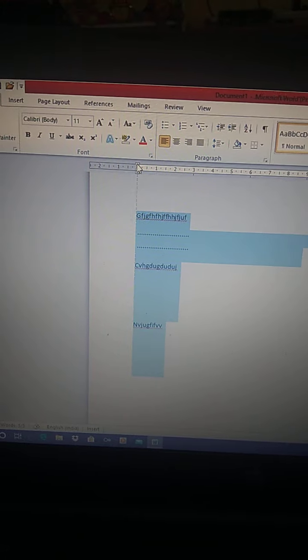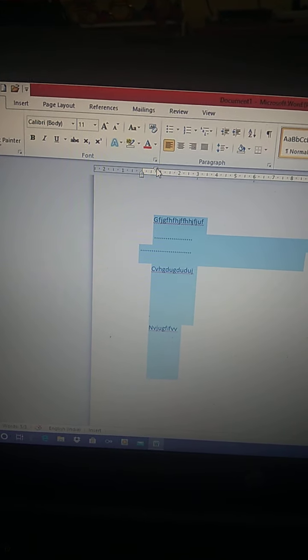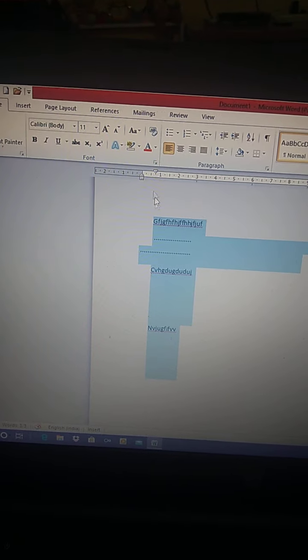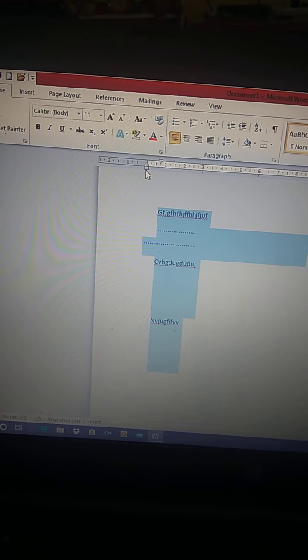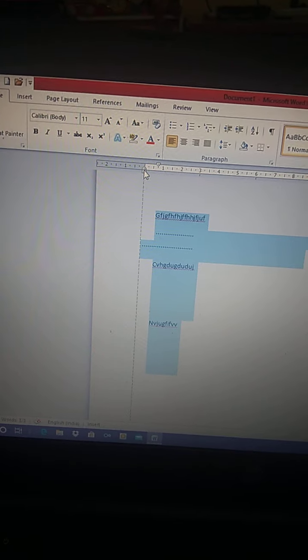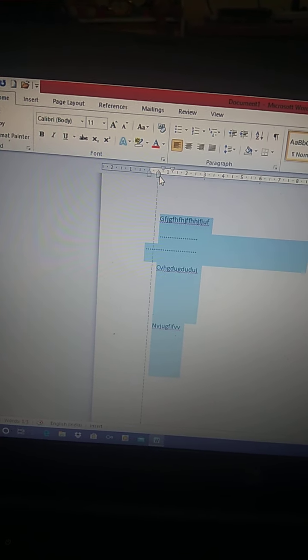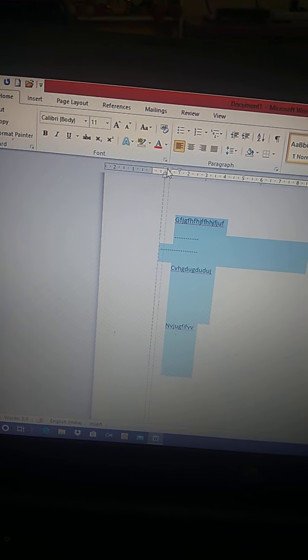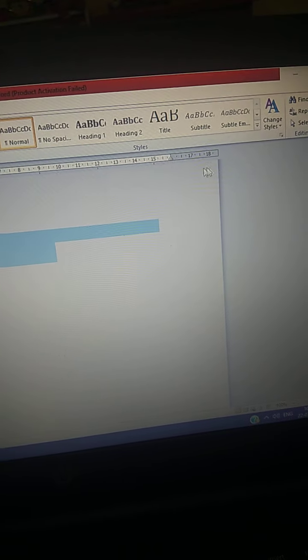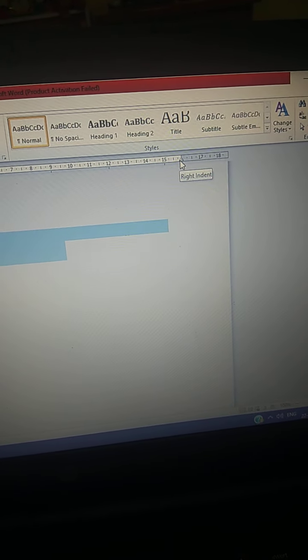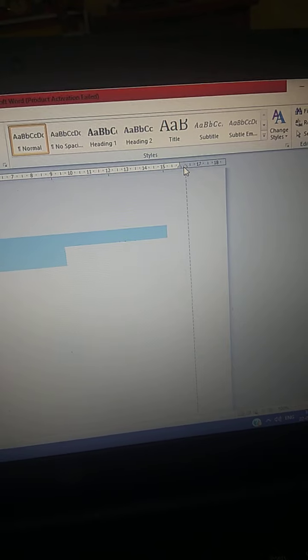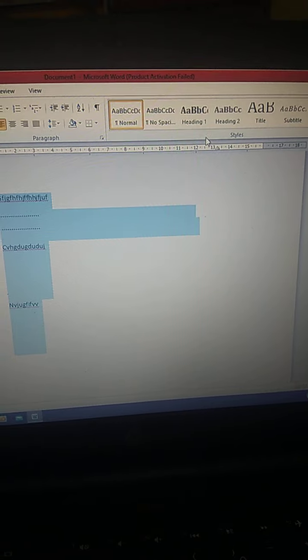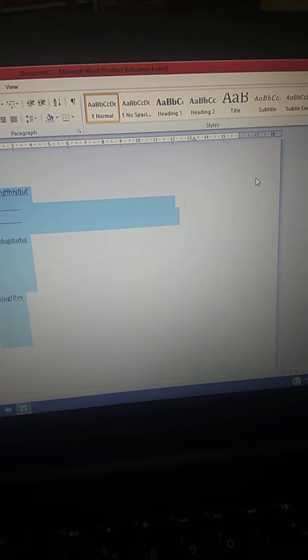The second is using the indent markers on the top ruler bar, or horizontal ruler bar. This is the first line indent; only the first line will be changed. Next is your left indent, where the whole left side will be changed. Next you have your right indent, or the hanging indent. You can change the right indent or decrease it. So the space between where you can write text and the page margins will increase or decrease. These were the two methods of how to do it.